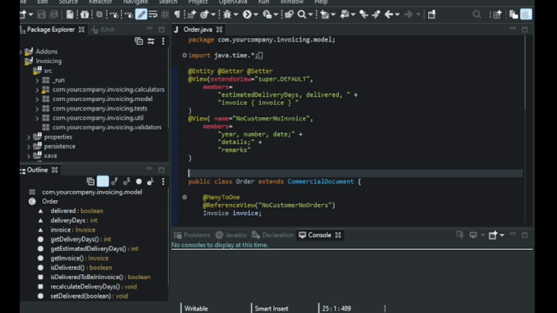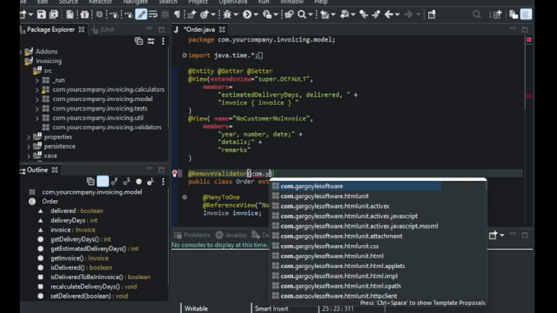So here in our class Order, we're going to write the following code: @RemoveValidator, and we're going to put this package com.yourcompany.invoicing.validators, and there we're going to create a class when we finish writing the code.